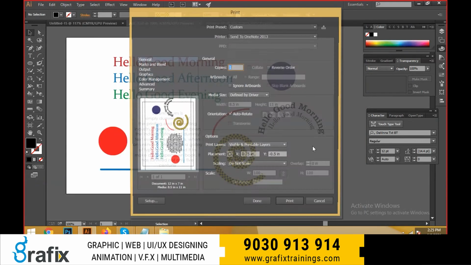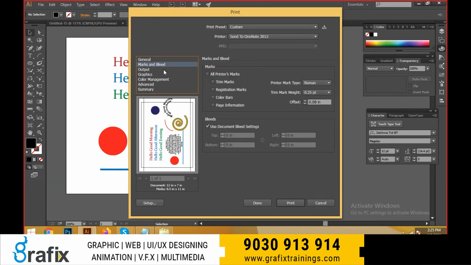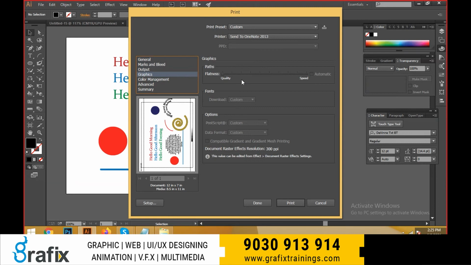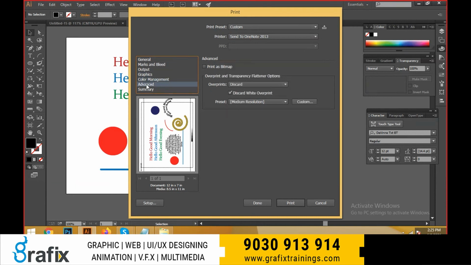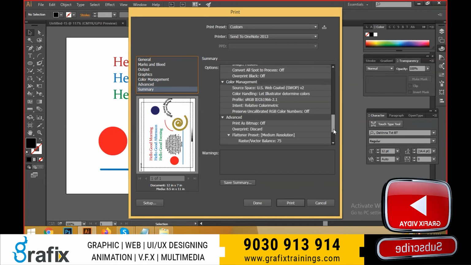And print. We are not into the printing section, but printing will be common, guys. And printing and the marks and bleed. We can see the trim marks, the registration marks, and the color bars in the down area. And we can see the page information, what is the file name and everything, here. And outputs, we can see the outputs, and emulsions will be up and down in general cases, and the graphics will be the basic. Already it is into the printer, just use the printer format. And color management will be the CMYK mode only. And advanced levels, these are the common ones. This is the summary of the things we have given.